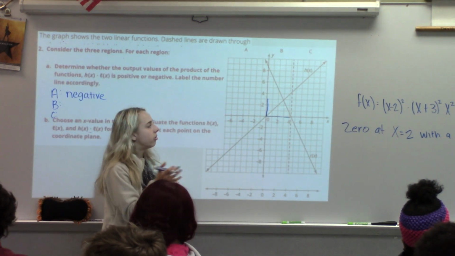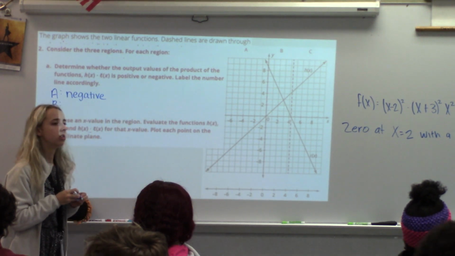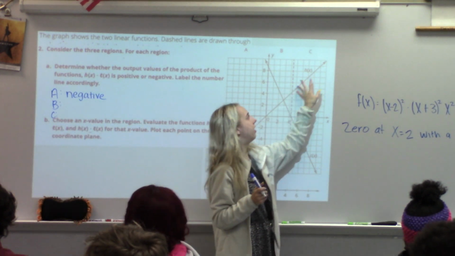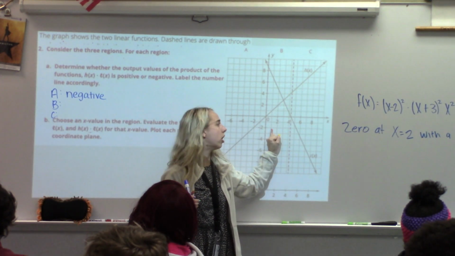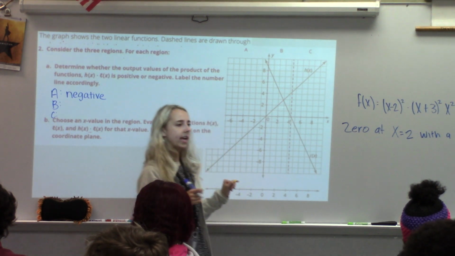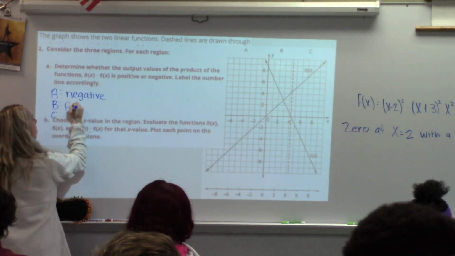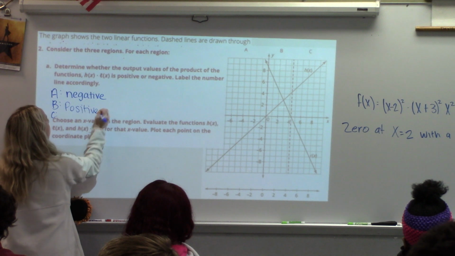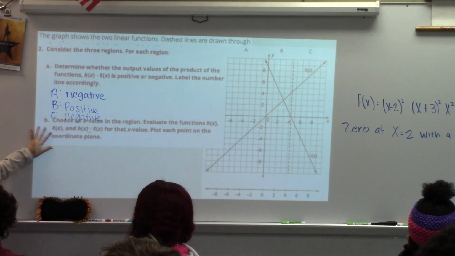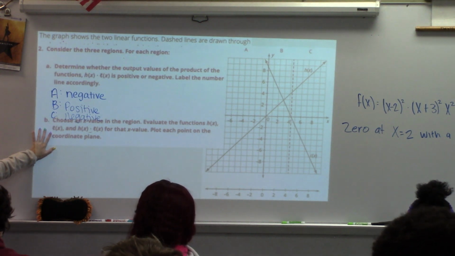Thank you. Does everyone else see that too? Yeah. So, Jaquan, what would the product be in region C? What are we multiplying in region C? We're multiplying these positive outputs by what? These negative outputs, giving us what kind of product? A negative product. Okay, and then we chose x values in each. Have we done that part? Have we chosen x values in each region and evaluated them? Okay, so